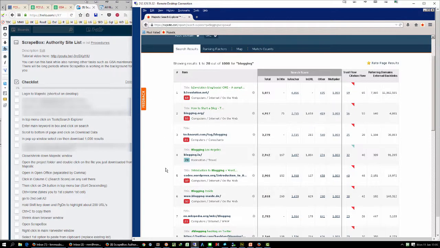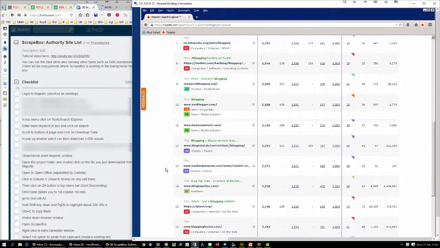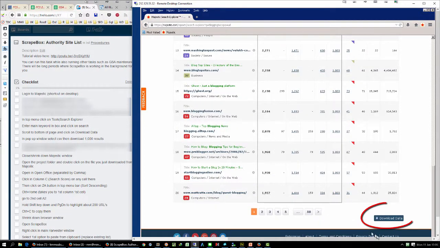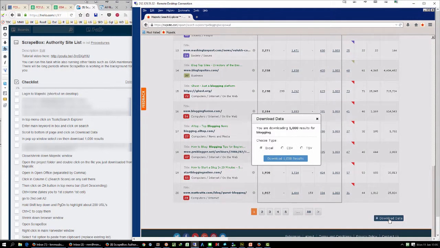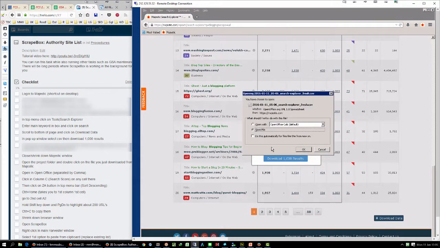Okay, so all we need to do now is to come down to the bottom of the page, scroll right down, and you'll see the download data button at the bottom, and we click on that. If you follow along in the instructions over here, you'll see the next thing we need to do is to click the CSV option in the middle, and then click on download 1000 results. Okay, now we're going to save the file, so we click on OK,